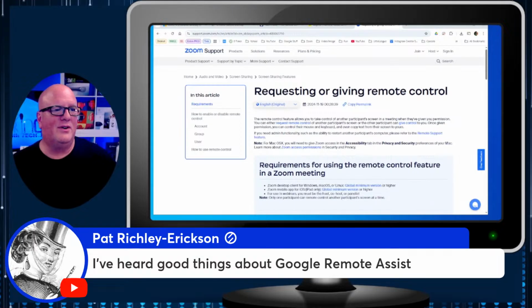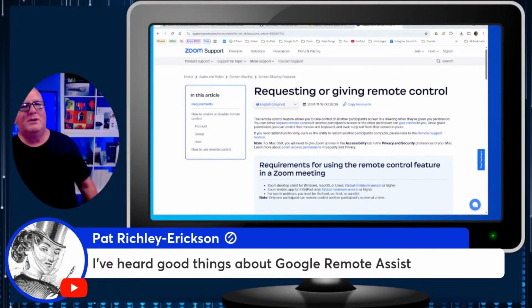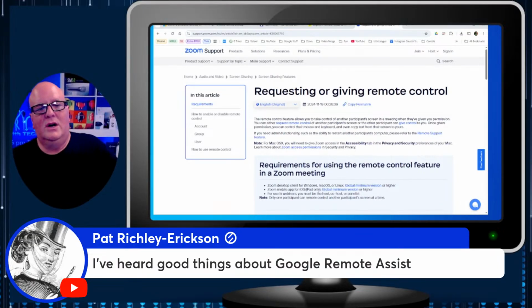Mert says, I've heard good things about Google Remote Assistant. Yes, it's fantastic. Some people, like on Macs, though, they will not load. They only use Safari. They hate Google. They won't use Google. So you're in trouble with that. But most people nowadays use Chrome as their browser, and that works with